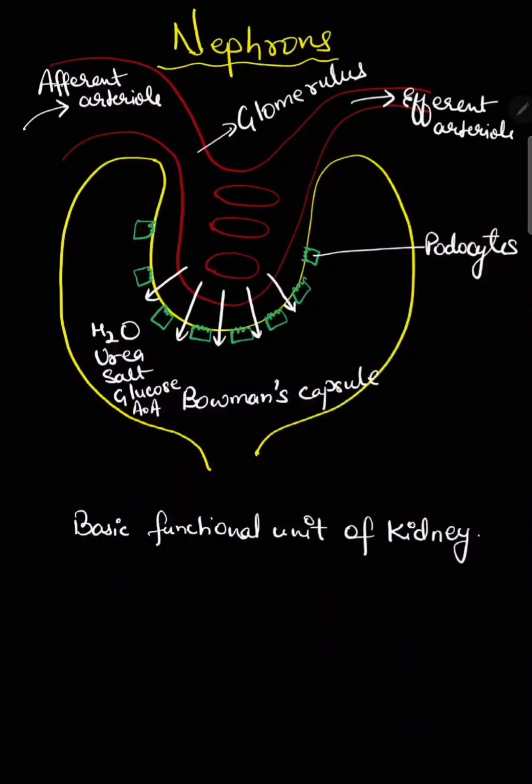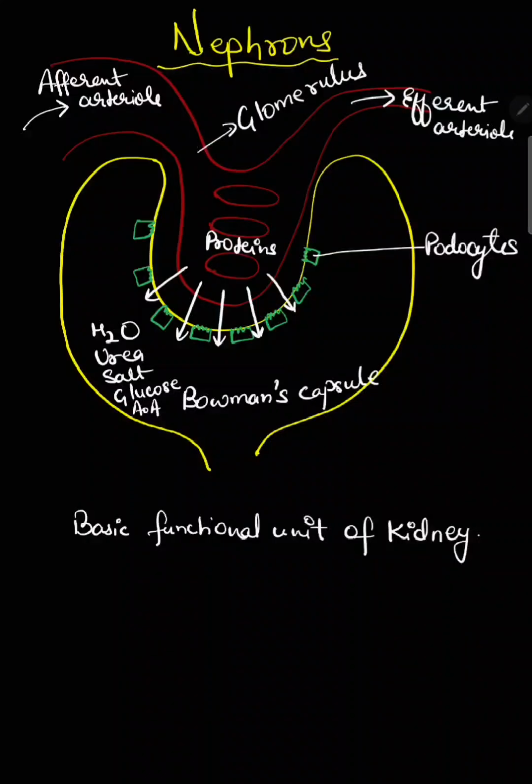what? Proteins will not get filtered. Okay, because proteins are macromolecules. Amino acids are the building blocks of protein. So amino acids can get filtered, but proteins are larger in size, they cannot be filtered through these slits. Okay, because the size of these slits is smaller than the size of protein,